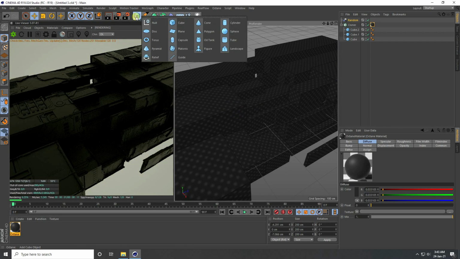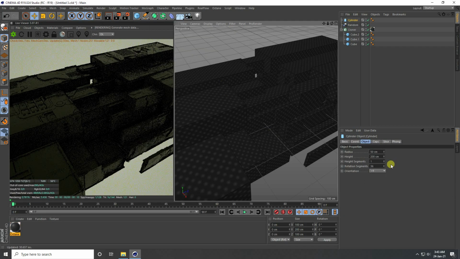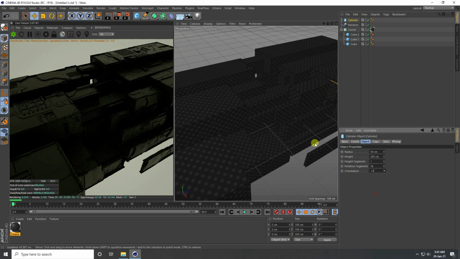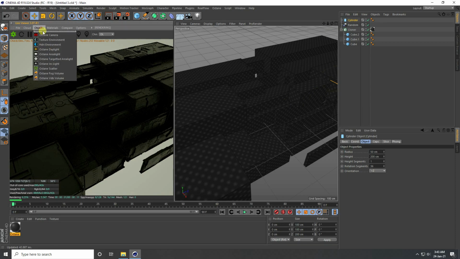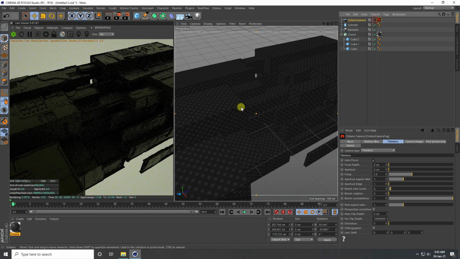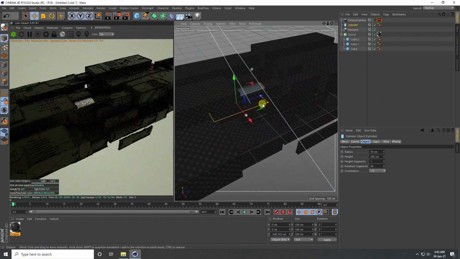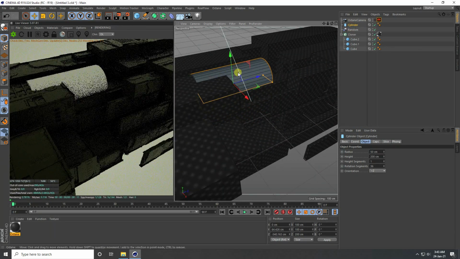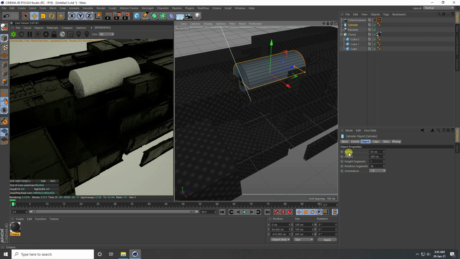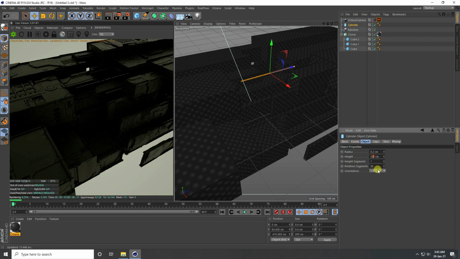Next step, I take a cylinder and change the cylinder radius. Now I take a camera. Select this cylinder, and the position is good. Now the radius I take 0.2 and increase the height like 2000, which is good.